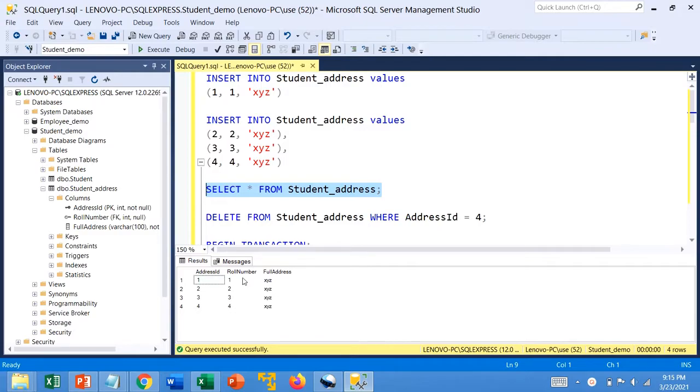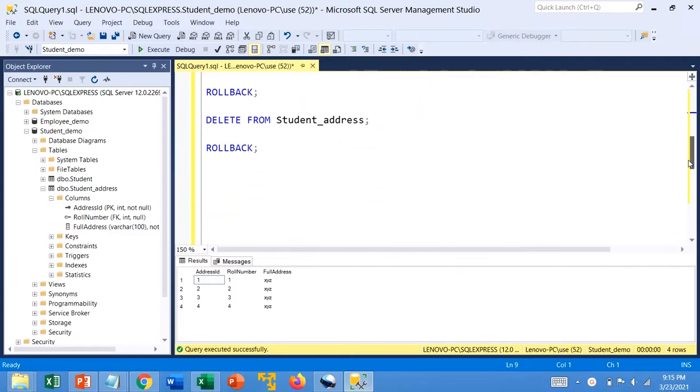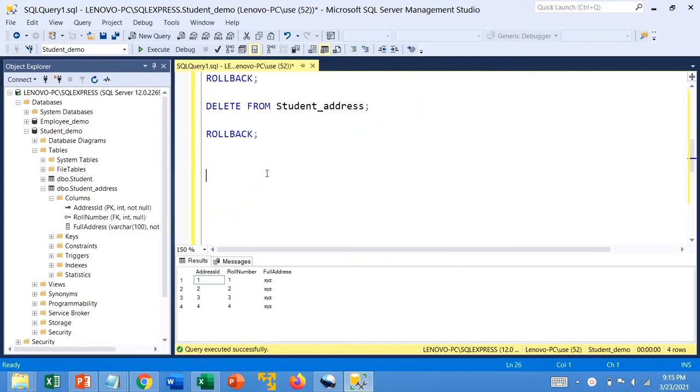As we have 4 records in our student table, let's try to delete all the records in one go. For that, we will use the truncate command. Truncate table, name of the table, and let's execute this command.